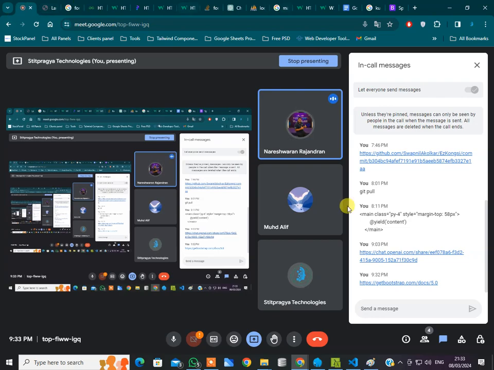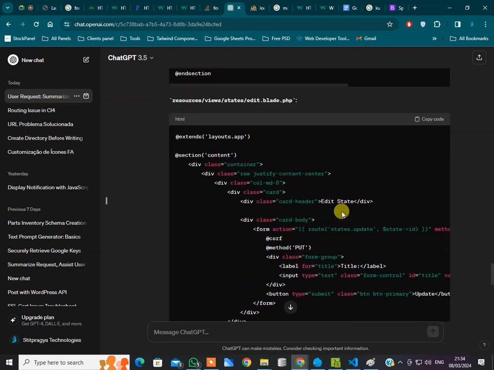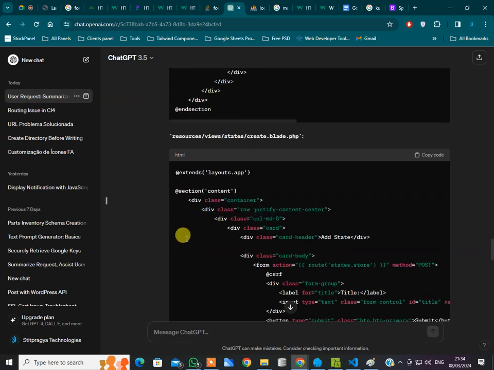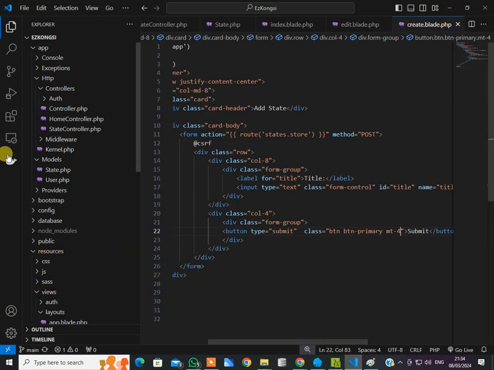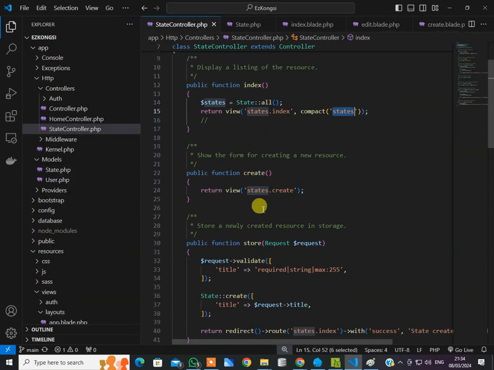Okay, more things I have to explain. What are the things remaining? I think the actions, the delete button and this thing. Last thing. The create is this. Also I will explain the edit one. In the state controller, create we don't pass